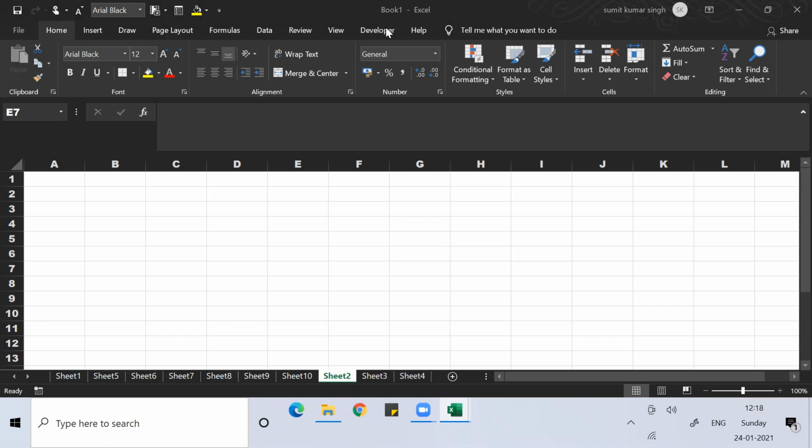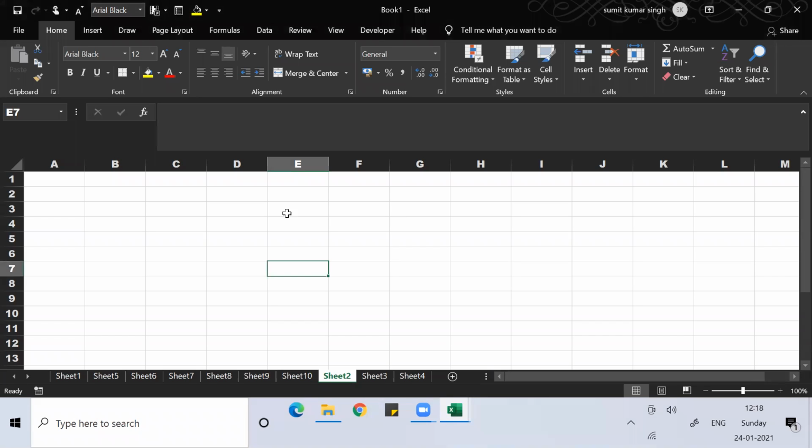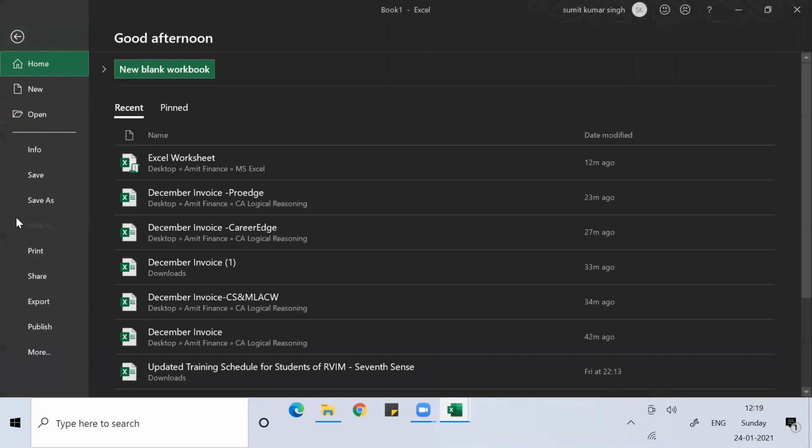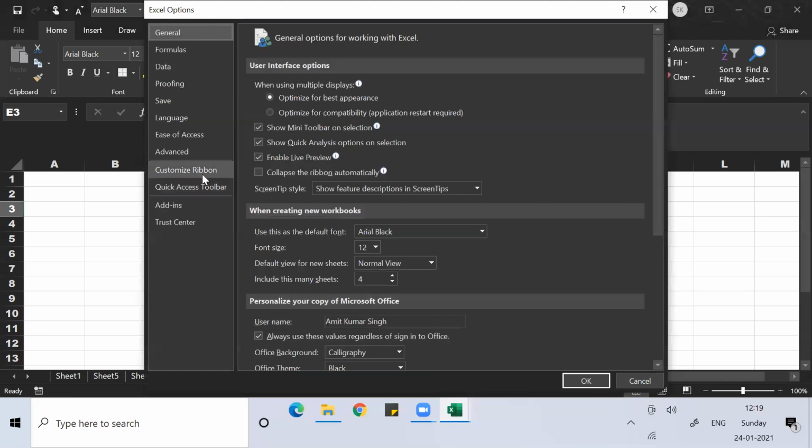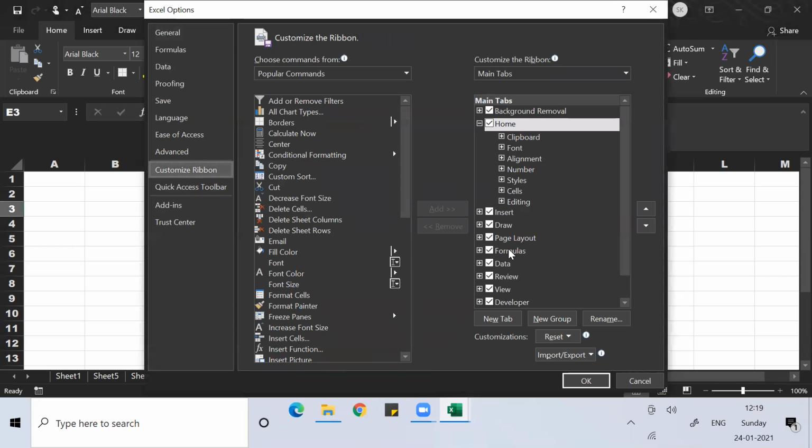This developer tab will not be visible many times when you are working on Excel, probably not in the beginning. For that, you need to go to File, then Options, then Customize Ribbon, and under Customize Ribbon you have to tick the Developer tab. If the developer tab is not ticked, it will not be visible.